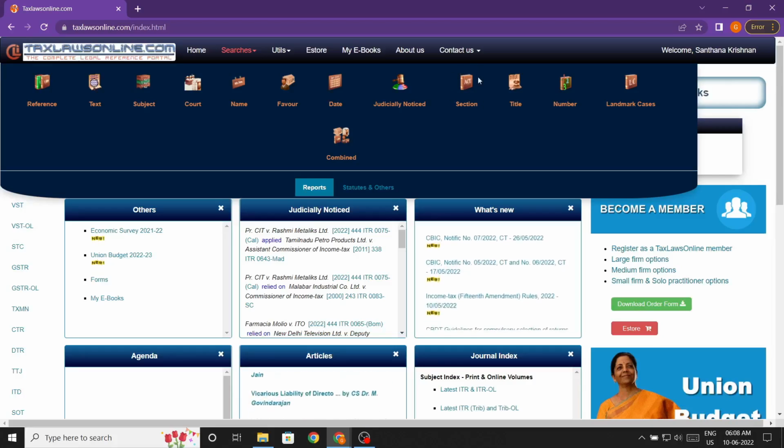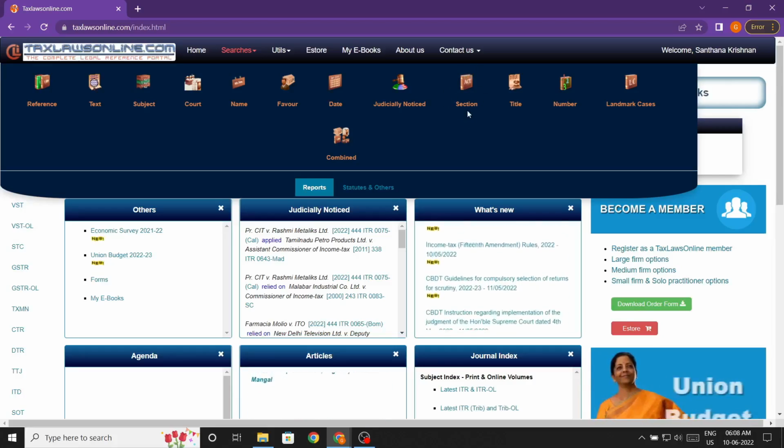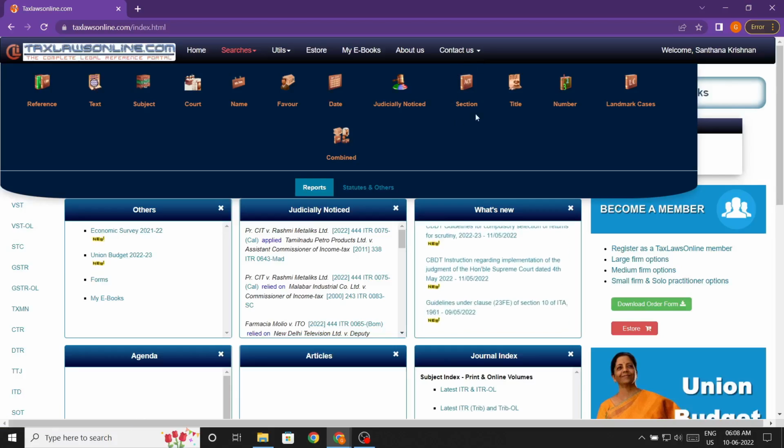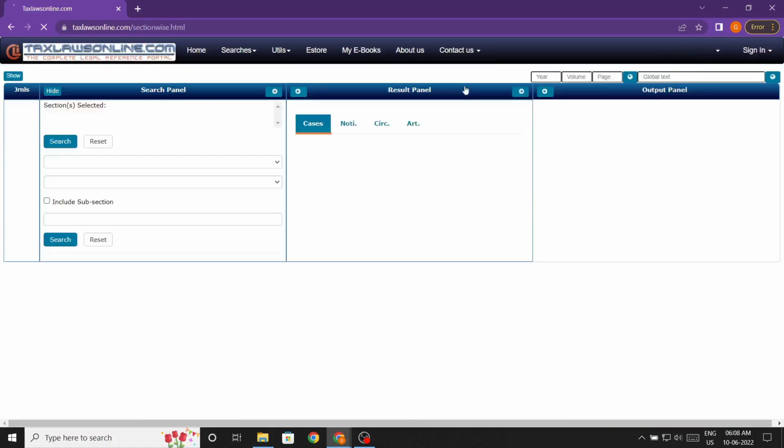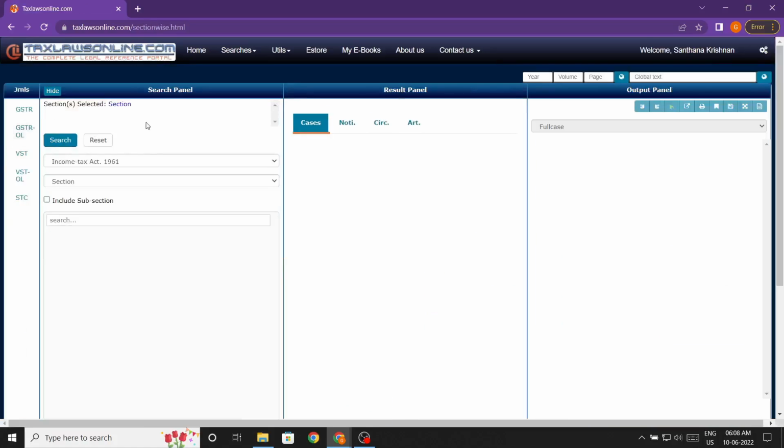You can see the section icon here highlighted. Please follow the pointer. Single click onto that icon and you'll get the sections search panel. For example, let me select the GSTR journal